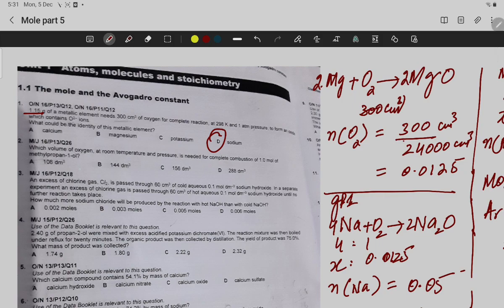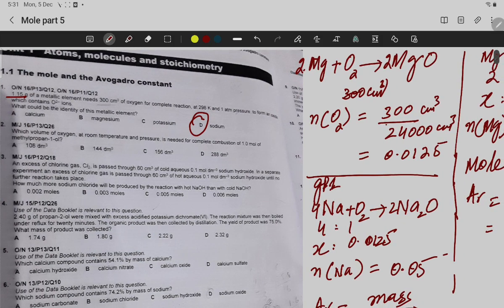So next question is, hope you will understand this question: which volume of oxygen at room temperature and pressure is needed for complete combustion of 1 mole of methyl propan-1-ol? This is methyl propan-1-ol, meaning 1 methyl, 1 carbon, and propan-1-ol. It means it is a butanol. The formula of butanol is,